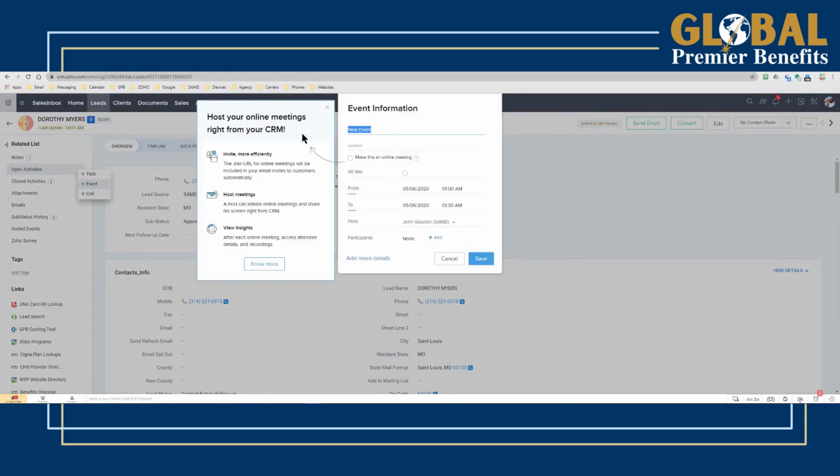So if you click on this, and let's say, for example, this customer, and it's going to give you a little tutorial here as well, because you can actually use our meeting tool. I guess there's a ton you can do with Zoho. You can make this an online meeting so you can meet with the customer right online. You click here if you wanted to do that. It schedules the meeting. If the customer has an email address, which this one does not, it would send them an email with a link to the meeting and so forth. So that doesn't apply in this case, so I'm going to uncheck this and call back